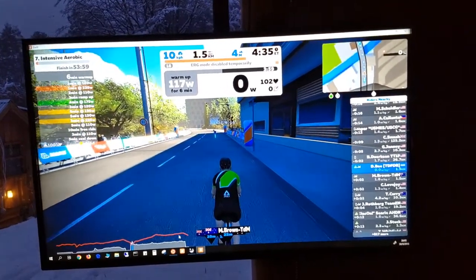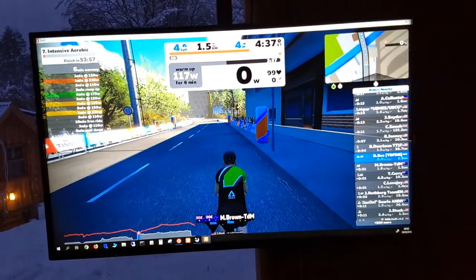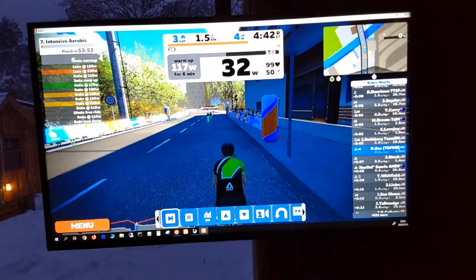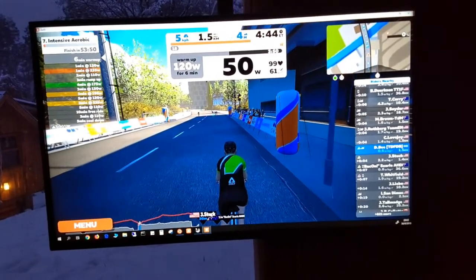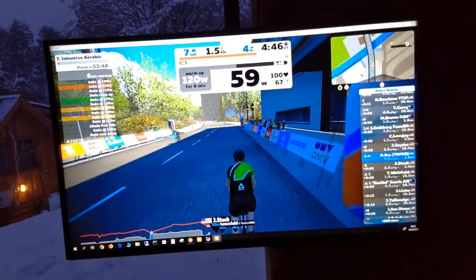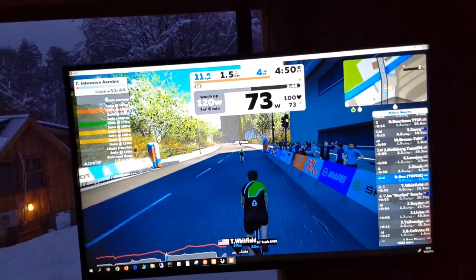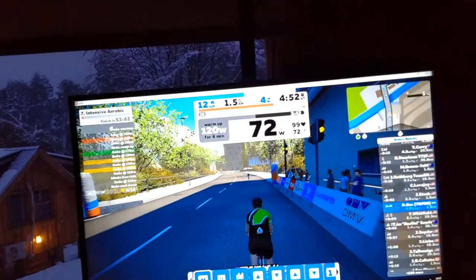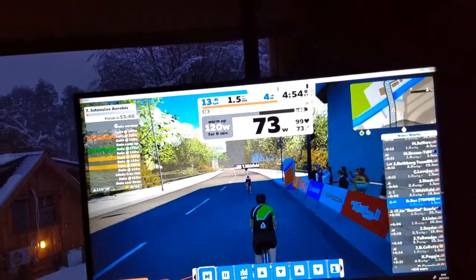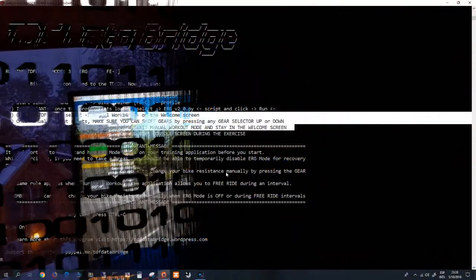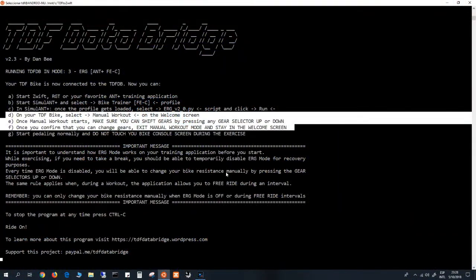So when that happens, you're going to be able to begin pedaling again at your own pace. You won't have to set up or maintain the target power setup that is enforced by the exercise. Okay, so those are the 2 reasons why you need the gear selectors to work before you start running ERG